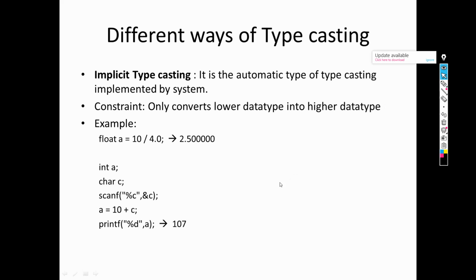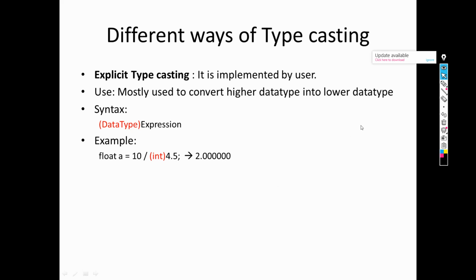Now the next case is explicit. Suppose we need to convert higher data type into lower. For that, in this example, here it is float, or we can say integer also we can take, whatever it is. Now this is integer and this is double. But I want the answer in integer. If this is the case, then what will happen? Suppose 10 divided by 4.5. So what will happen? Here the answer will be in double,